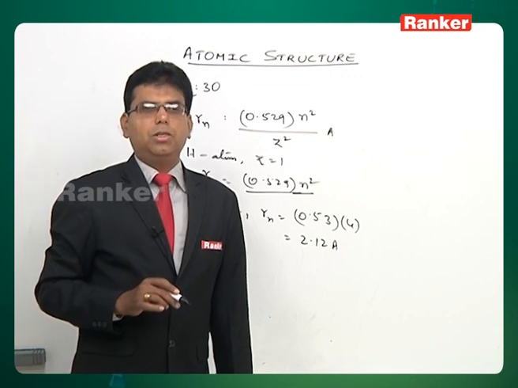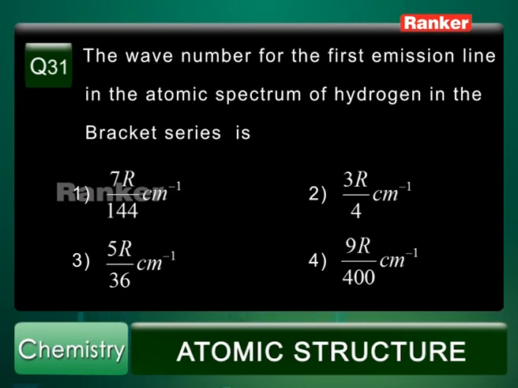Now let's move on to question number 31. This is related once again to the hydrogen spectrum. The question says: the first emission line in the atomic spectrum of hydrogen atom in the Brackett series appears at what wave number? (EAPCET)